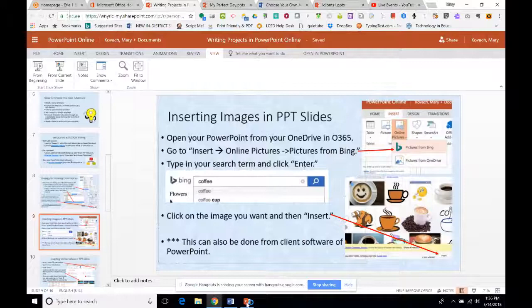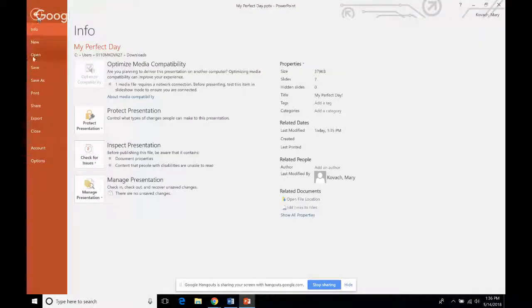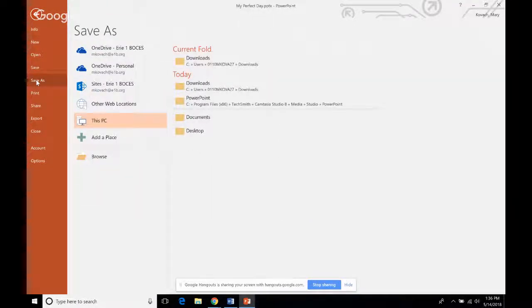Okay, so let me go back to my Perfect Day PowerPoint here. So far I've been clicking Save up in the upper left, and that's just saving this file onto my computer. Okay. So I'm going to go to File. I'm going to choose Save As. And now in this case, because I'm already signed into Microsoft Word, if you aren't signed in already, you